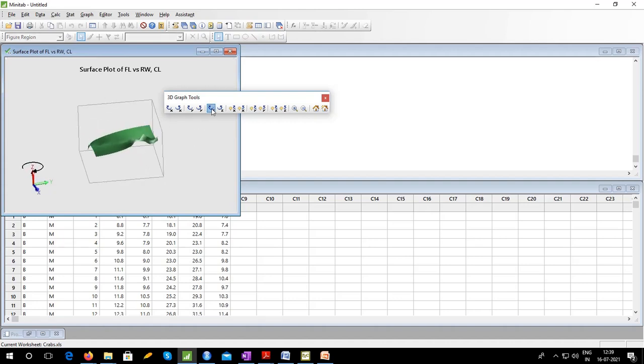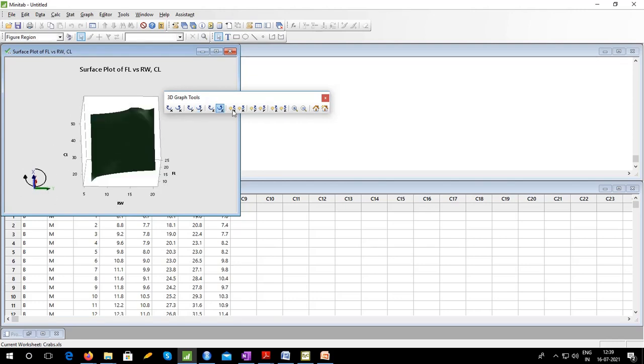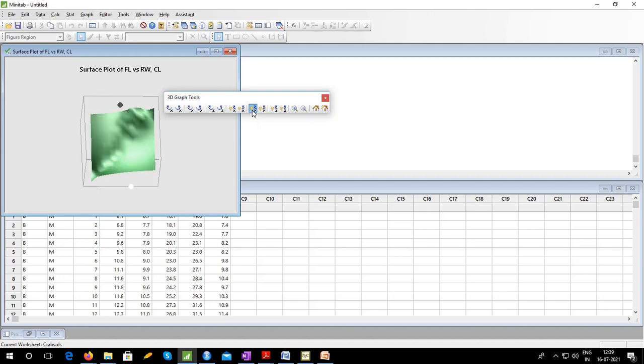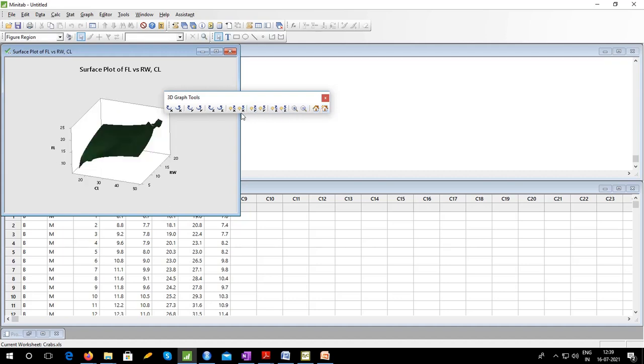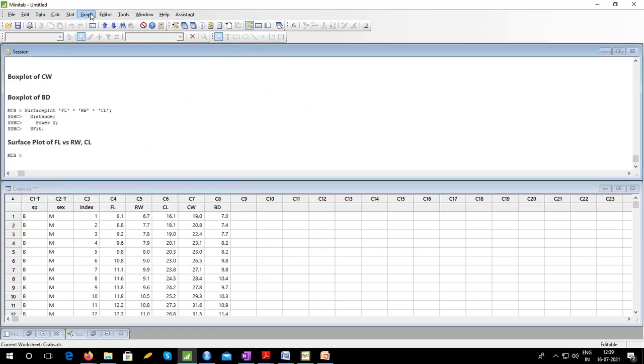See, you can rotate the graph along each axis and see how it looks from every side, etc. Reverse rotate light around, so the light also you can rotate. Earlier I was rotating the graph, the surface, now I am rotating just the light, from where the light is thrown, etc. So this is default. So all such graphs can be drawn.